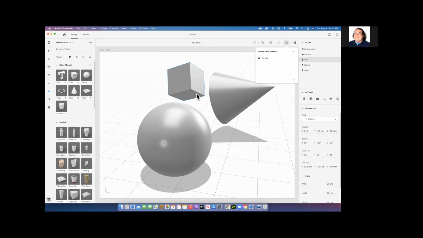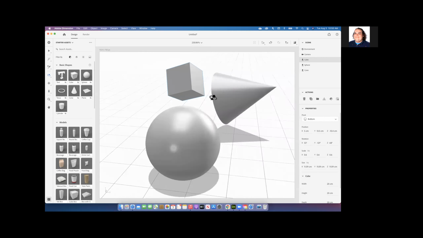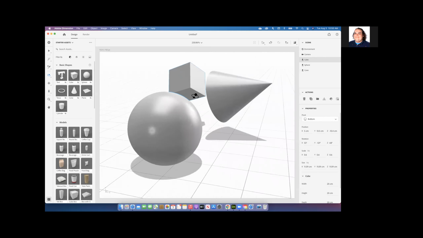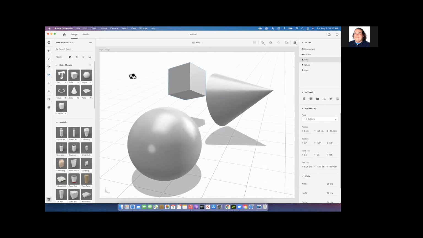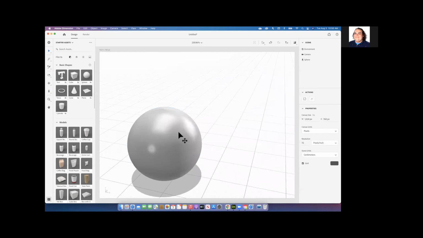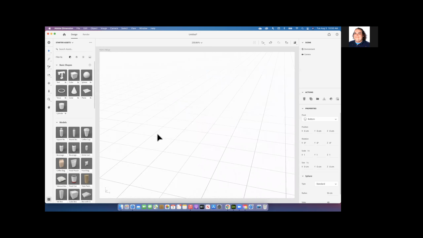So while these abstract shapes are great, I'm going to go ahead and remove them, and bring in some product that maybe I want to place. We can always bring in these shapes later. So I'll select them and delete them. You don't have to delete yours if you don't want to. I just want to start with a blank canvas. And then under models here,